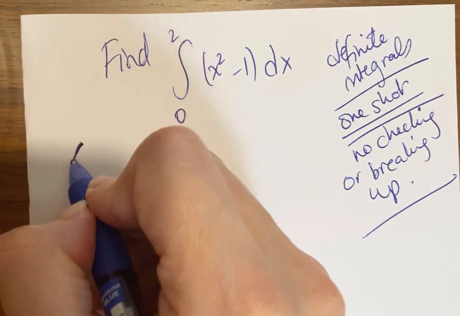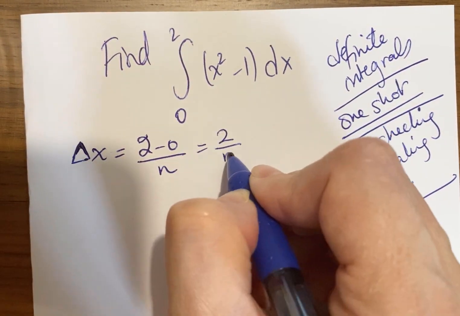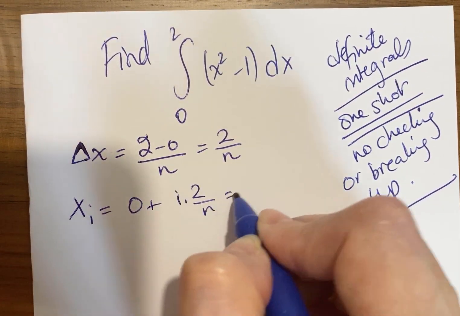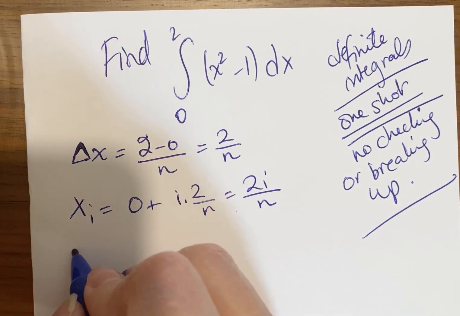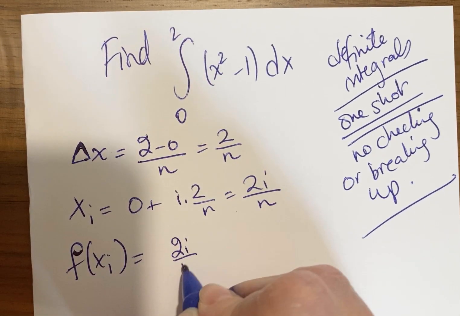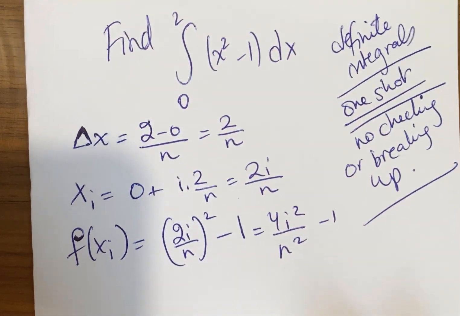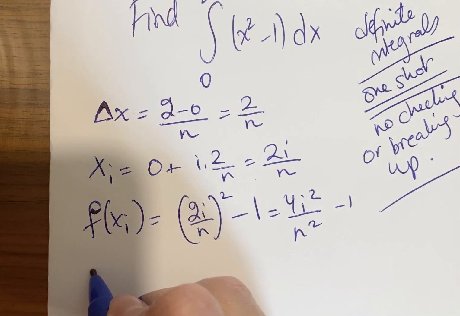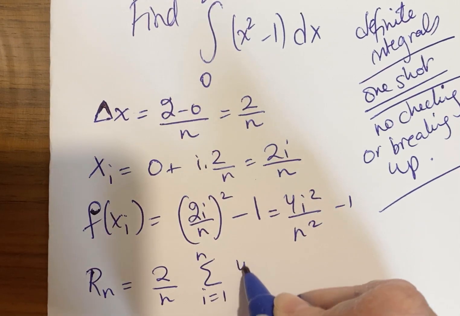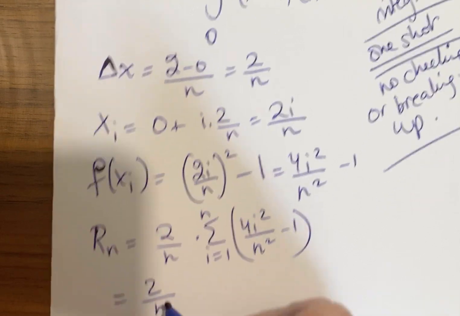So what do I mean by that? I mean you find the width, 2 minus 0 over n. You find xi, which is 0 plus i times 2 over n, so 2i over n. Then you find f of xi, which is equal to (2i over n) squared minus 1, which is 4i squared over n squared minus 1. Then Rn, which is delta x, the sum from i equals 1 to n of 4i squared over n squared minus 1. This is 2 over n,